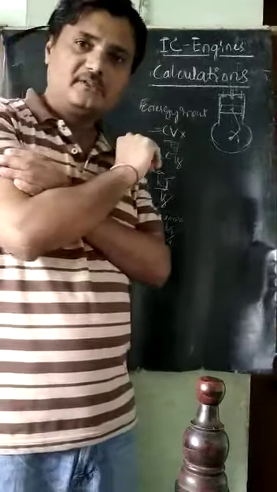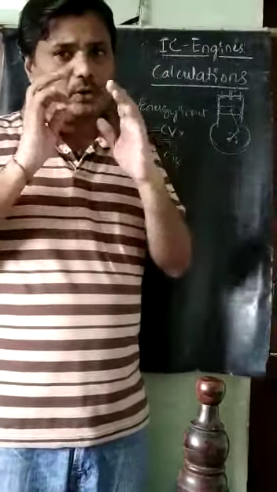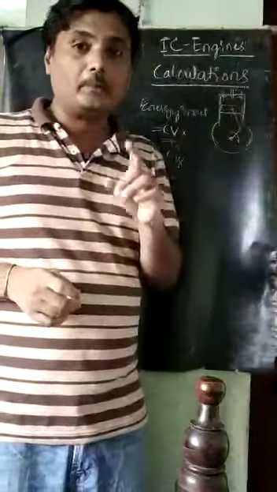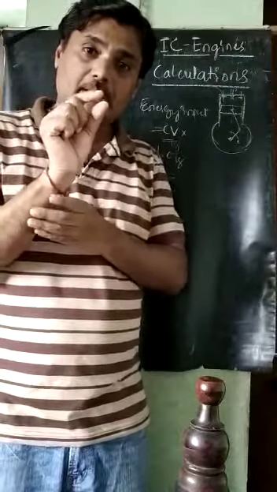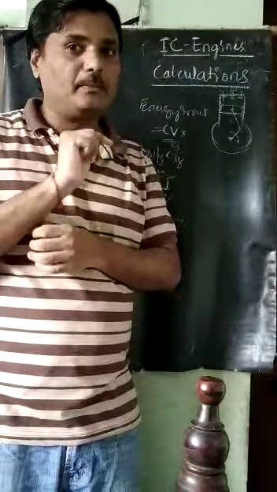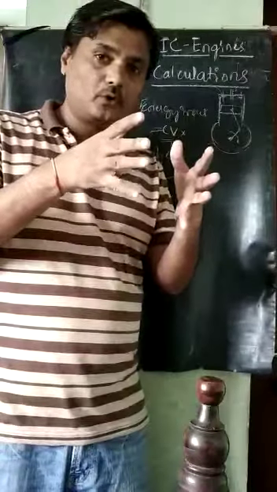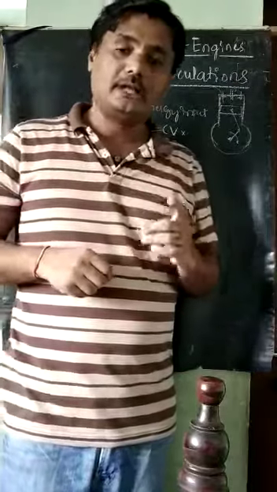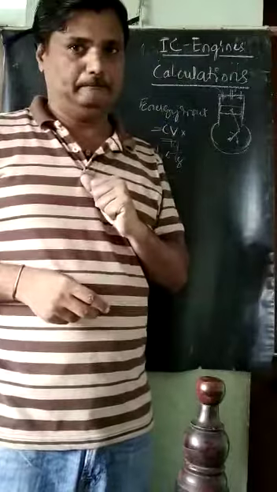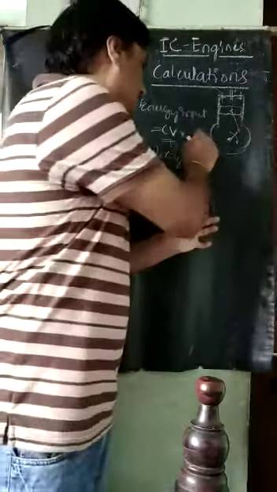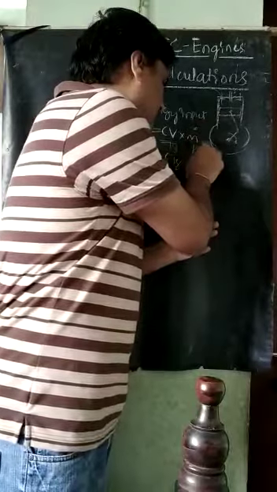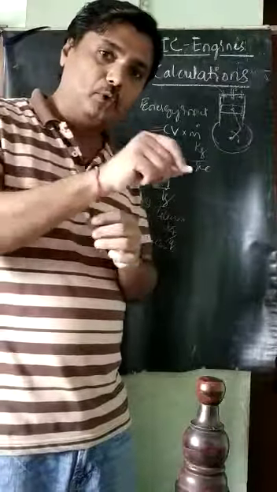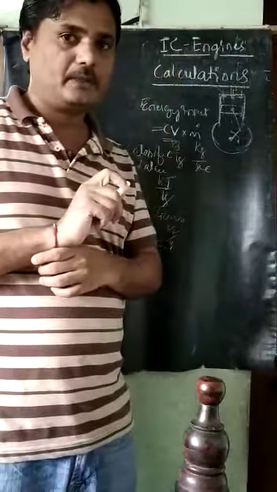Into energy input, per unit time, how much are we inputting to the engine? Per second, how much petrol we are inputting to the engine matters. If you are inputting more petrol per second, more energy; less petrol, less energy will be developed. That is called the mass flow rate. Mass flow rate is kg per second, meaning how much kg per second we are inputting.